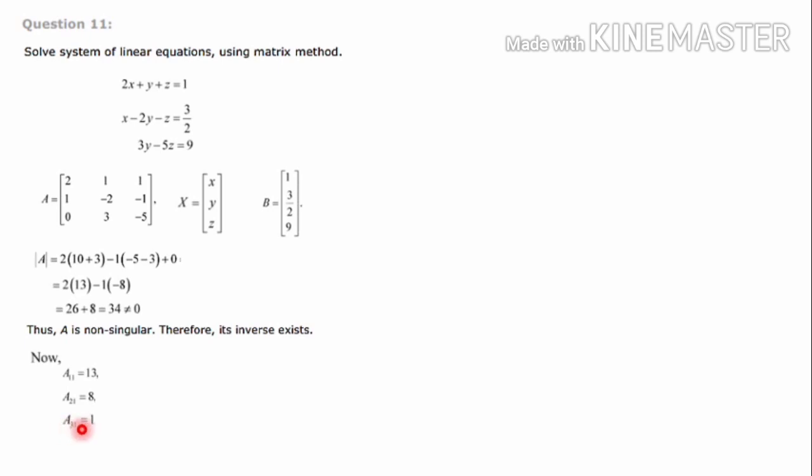Next one is A31, that is the cofactor of the element A31. That is third row, first element. Third row, first element, if you consider, that is 0. That particular row and column is gone. 1 into minus 1, that is minus 1. Minus into minus plus, 2 into 1 is 2. So minus 1 plus 2 is 1. Here the outside sign is 3 plus 1, 4. 4 is an even number, so the outside sign is plus. So the final answer is plus 1.